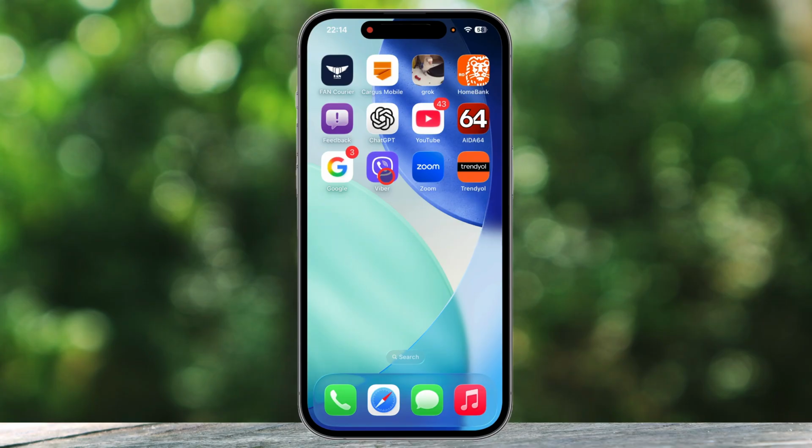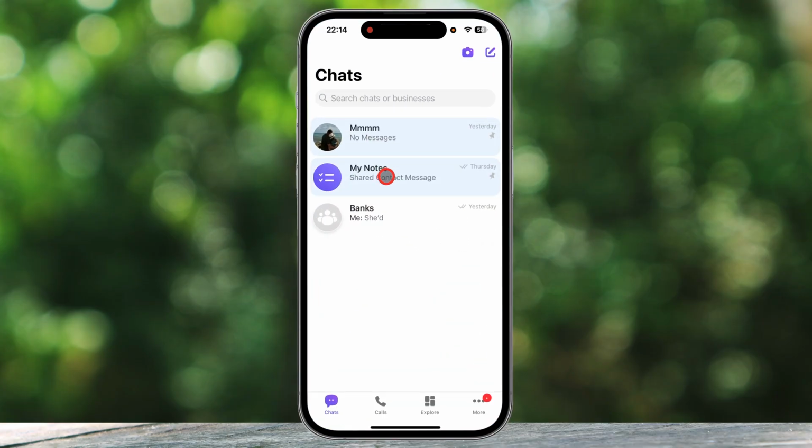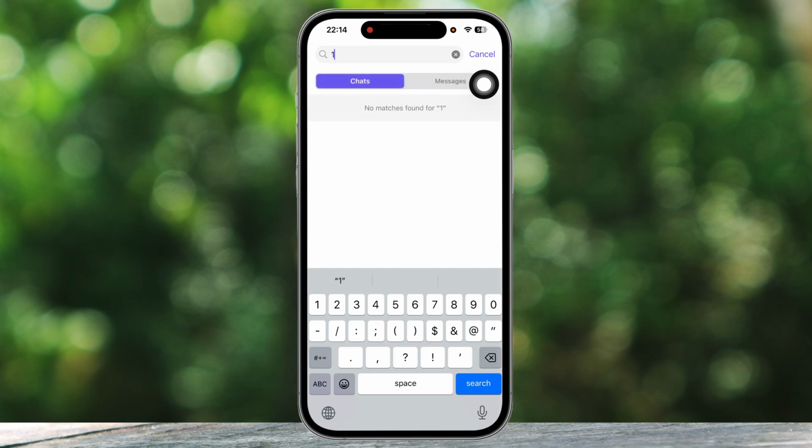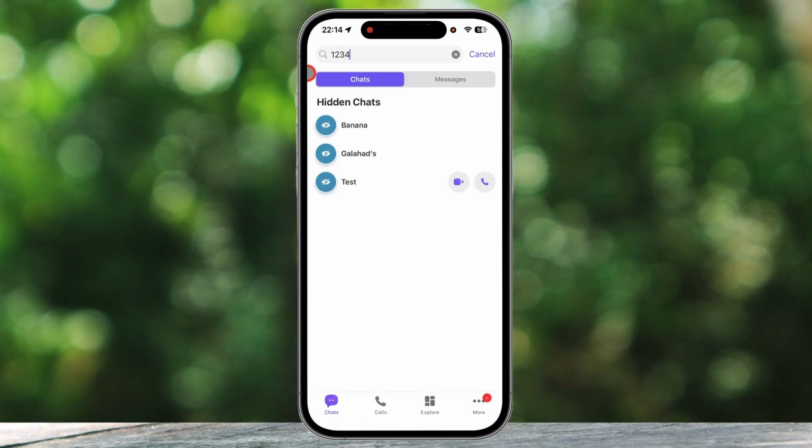First, to unhide a chat, you will need to open the Viber application on your iPhone and go to your main chat list screen. Now, you must tap on the search bar located at the very top of the screen. In the search bar, you need to type the exact 4-digit PIN code that you set when you hid the chat. As you type the PIN, your list of hidden chats will appear below the search bar, showing the hidden